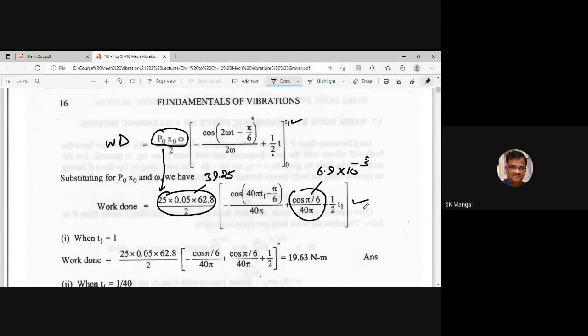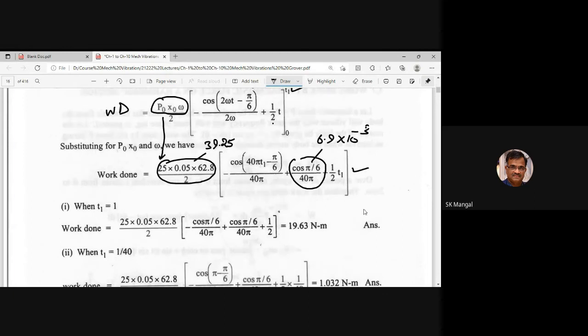Now once you have got this equation, you can also use it to find the first case value, and you will be getting the work done for the first second when you put t1 is equal to 1 second here. This comes out to be this value. And you can also use this formula to find the work done